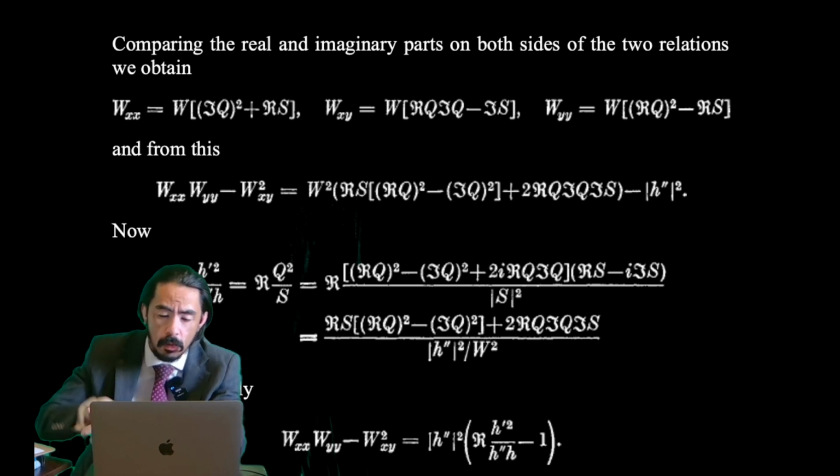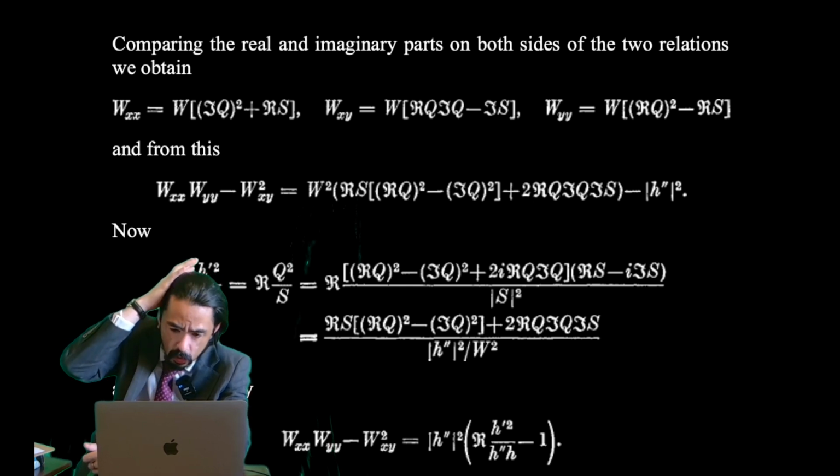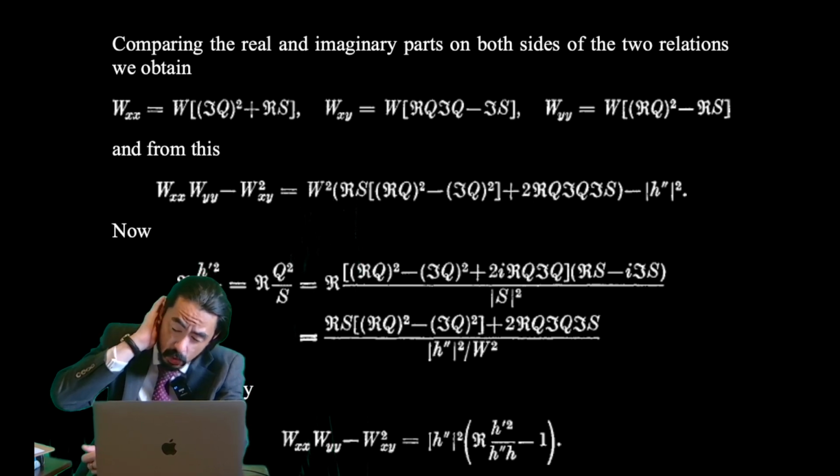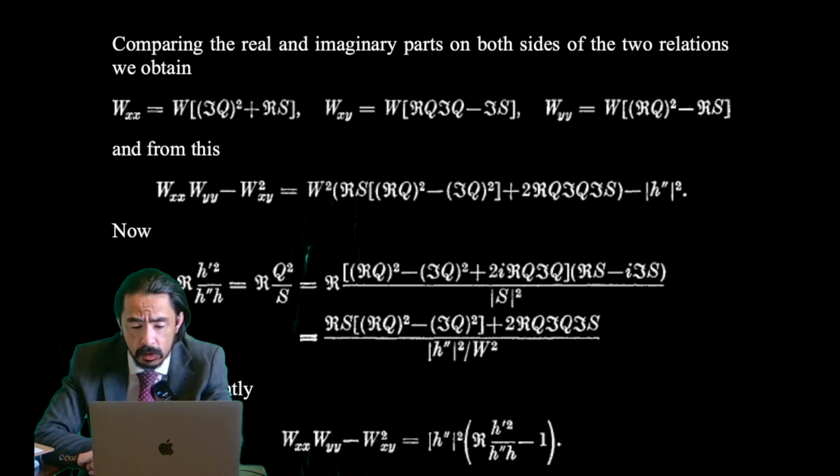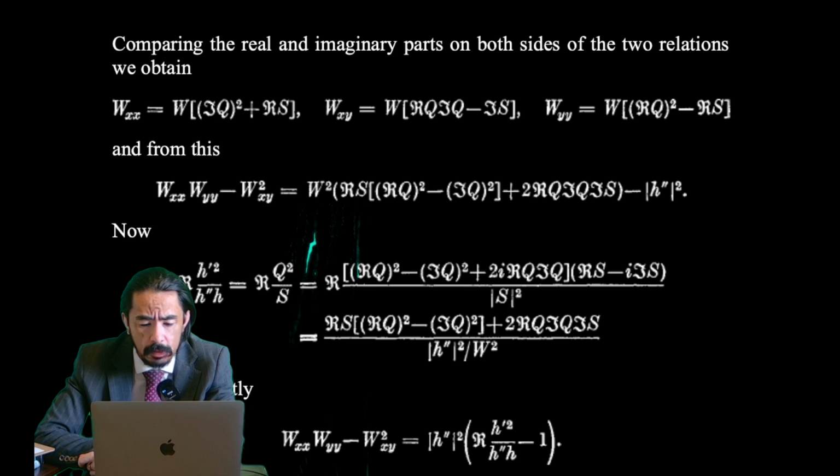And capital W sub yy is equal to capital W then times quantity where we have the square of the real component of q minus the real component of s. And from this all, we may now write capital W sub xx then times capital W sub yy minus the square of capital W sub xy is equal to capital W squared then times, we have this quantity where we have the real component of s then times another quantity where we have the square of the real component of q minus the square of the imaginary component of q, and then we close that inner quantity,